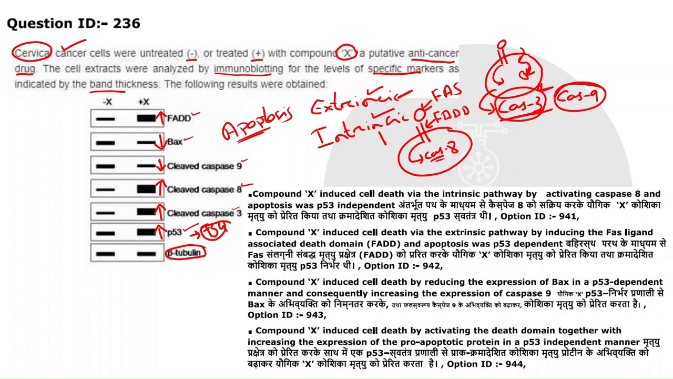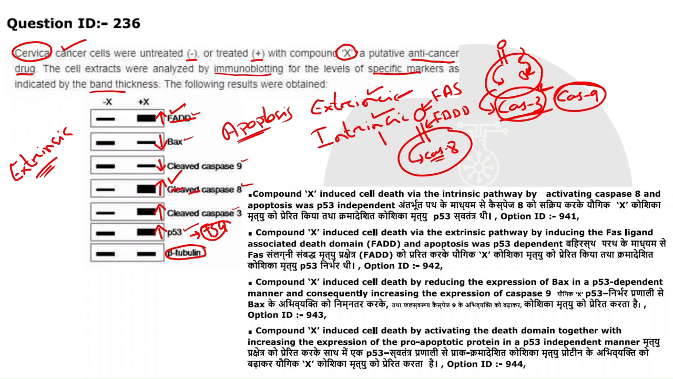So what the researcher found here is that FADD is increased, and caspase 8 is also increased. This confirms that the drug, compound X, the anticancer compound, acts on the cancer cell through the extrinsic pathway. Then next we'll say, okay, you got caspase 8, which showed us the extrinsic pathway, so you can cut this one,